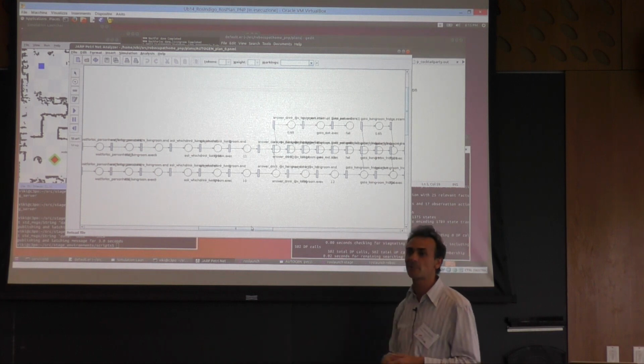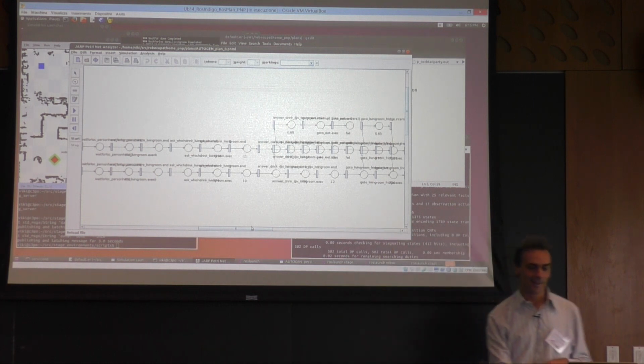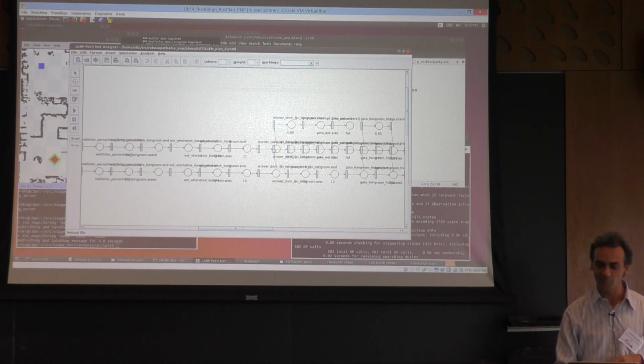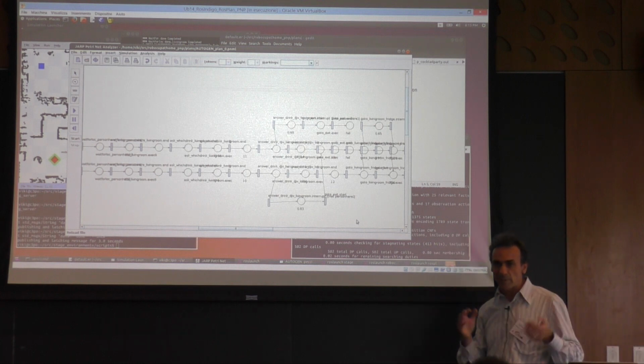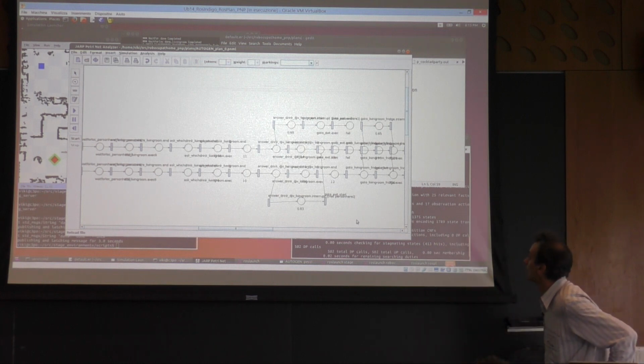But of course, for us to understand what's going on, we sometimes need to change the layout in order to understand the PNP better. Anyway, I don't want now to do this for all the actions, so just to show you, this is just a visualization problem, it's not a problem with the execution.